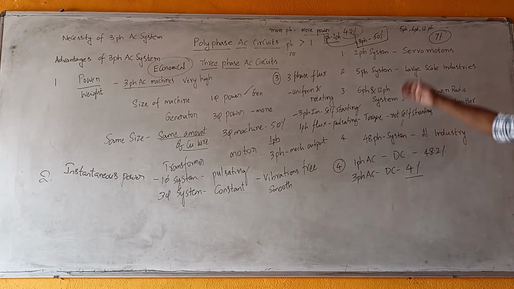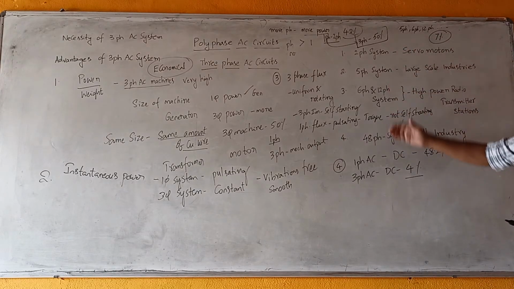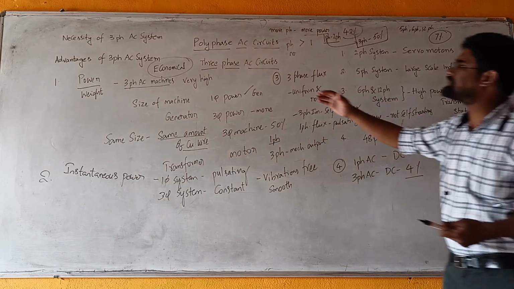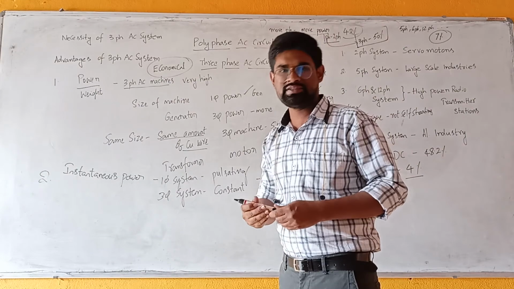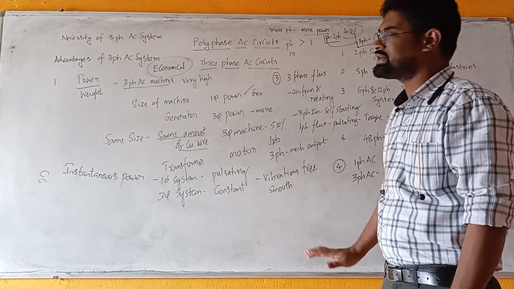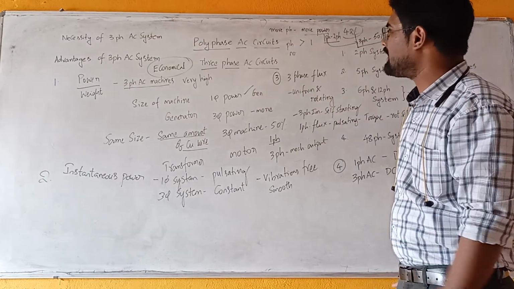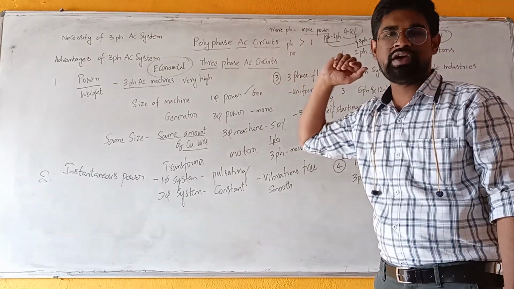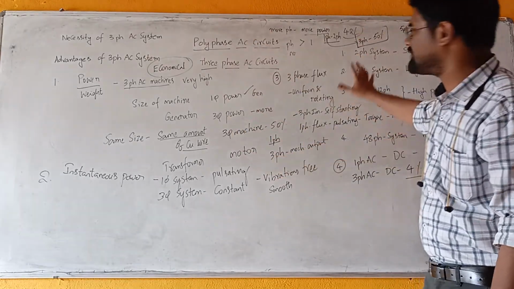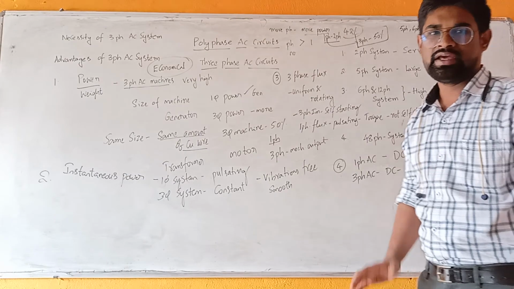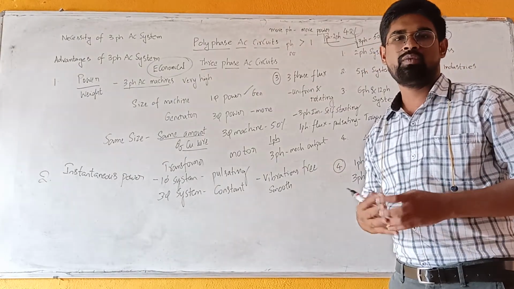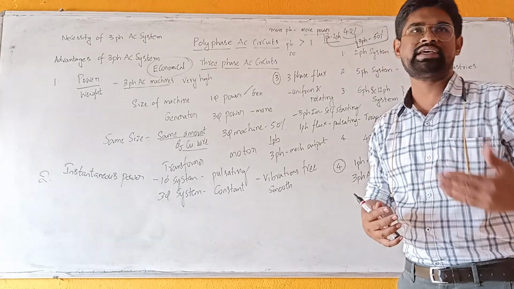But overall, these phase systems are very rare in usage, and the most widely used system is the 3-phase AC system. So this is the first session that we have discussed in this video. This is majorly on why we use the 3-phase AC system most widely and what are the major advantages of the 3-phase AC system. In the next session, we will discuss what is a 3-phase system, what is a 3-phase source and what is a 3-phase load.